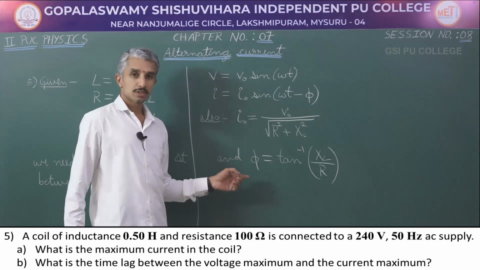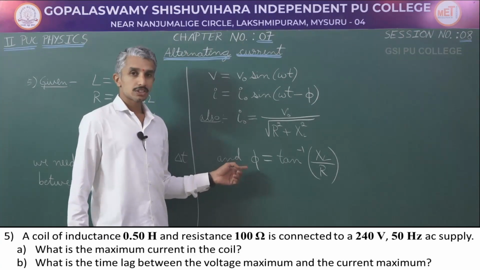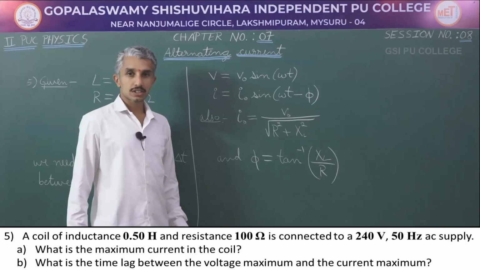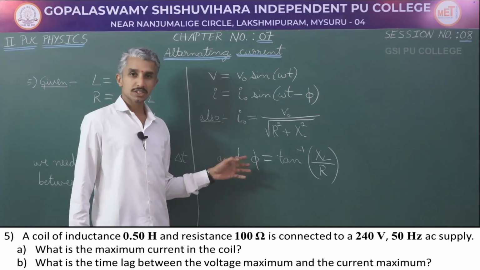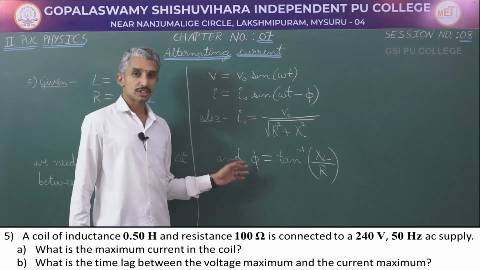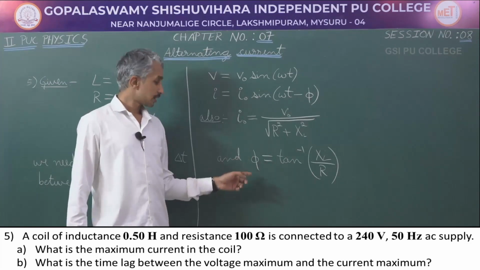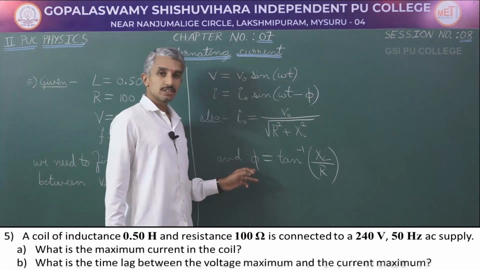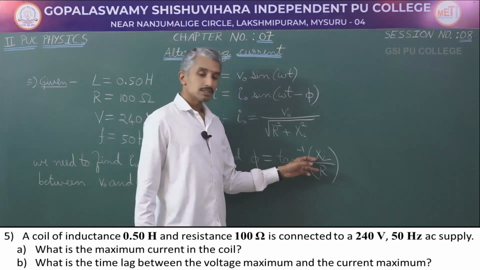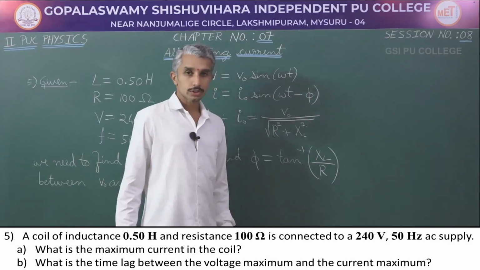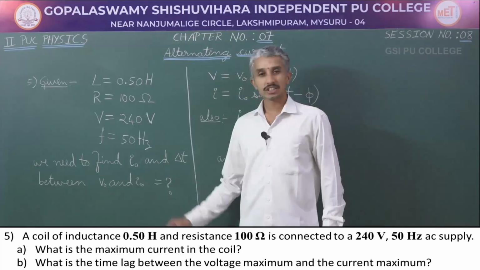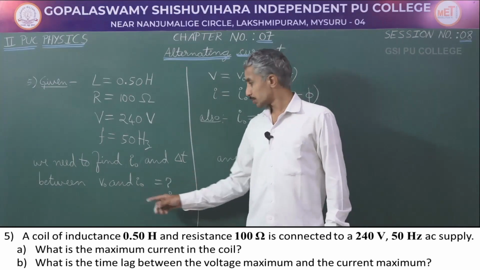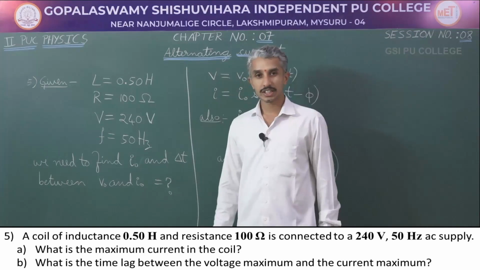These equations can be got from the explanation of series LCR circuit. There in series LCR circuit, along with the inductor and resistor, there was also a capacitor. Here you do not have the capacitor, just take out the terms related to the capacitor. We will get the equation for maximum current and phase difference. Now to find the peak value of the current and the phase difference, we need to find the inductive reactance. Also the question asked is to find the maximum current and also the time lag or the time difference between the maximum of the voltage and maximum of the current.